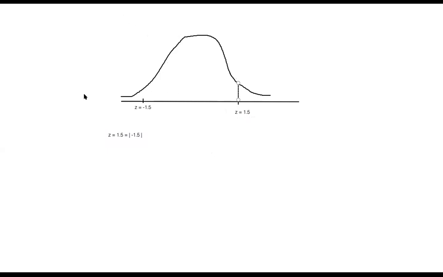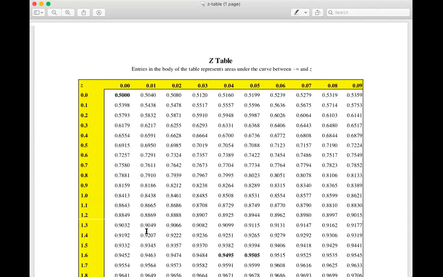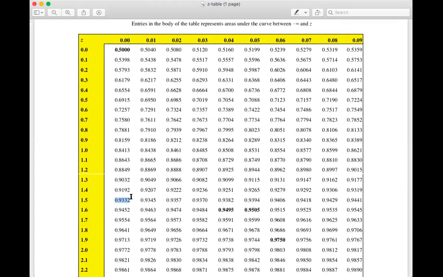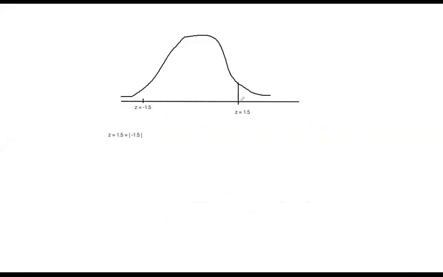So now let's go back to the Z table. So 1.5. In 2 decimal places, it's 1.50. So I'm going to look up 1.50. 1.5 is right here. And then the second decimal place is 0. So I just need to find the intersection of this column and this row. And I end up with 0.9332. So let me go back to the whiteboard, 0.9332. So I just looked up the area to the left of the z-score of